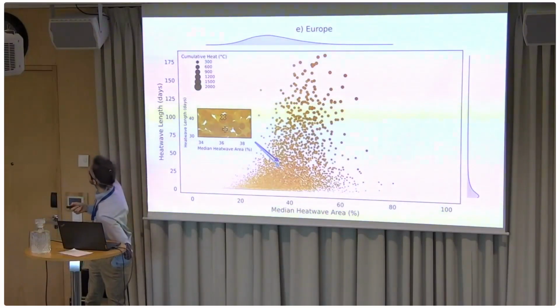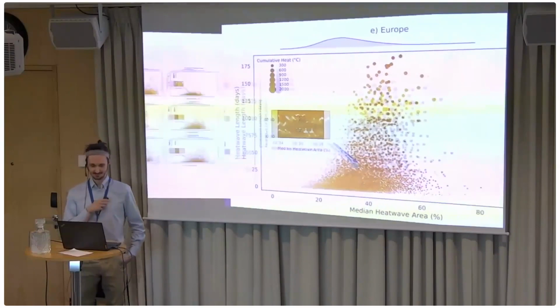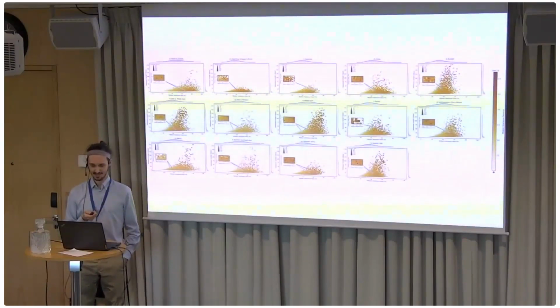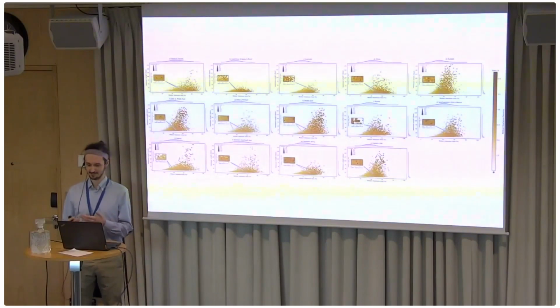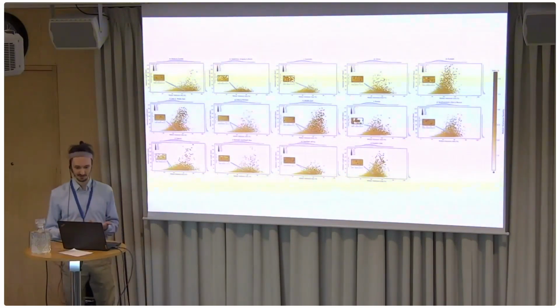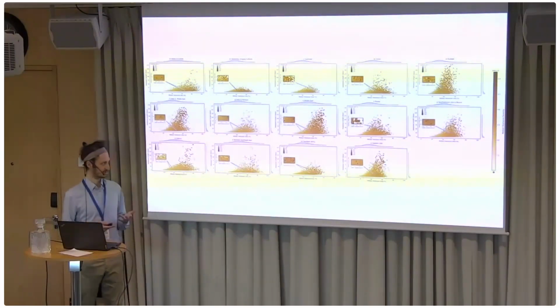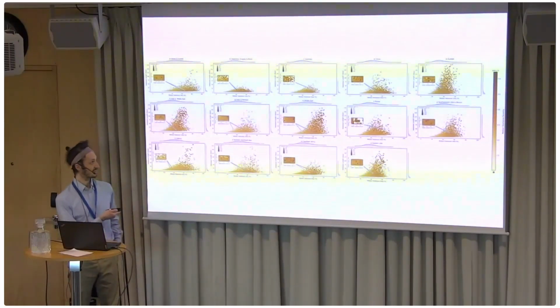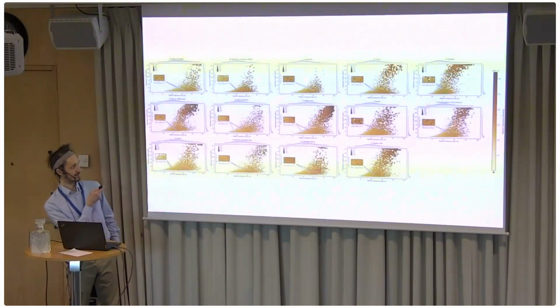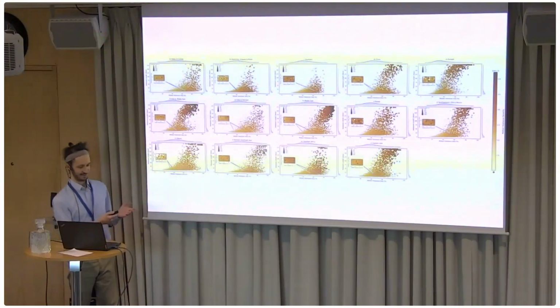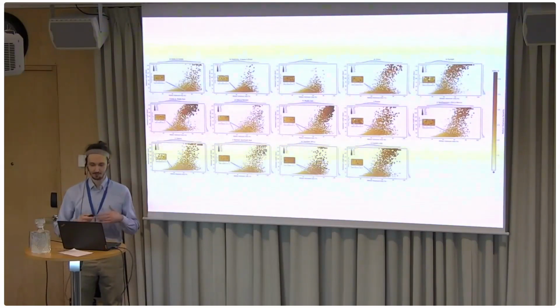How much time do I have? Okay. Then, as a comparison, I would like to show you the same type of figure for a model scenario which is close to the emissions pathway that we are currently on. In climate model lingo, it's SSP 7.0. And now you can see that, as expected, it shows a substantially different picture, with a lot more severe and bigger heat waves.